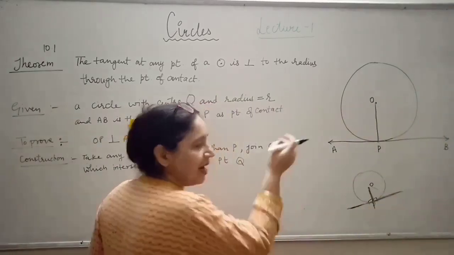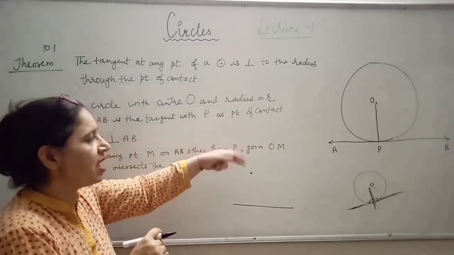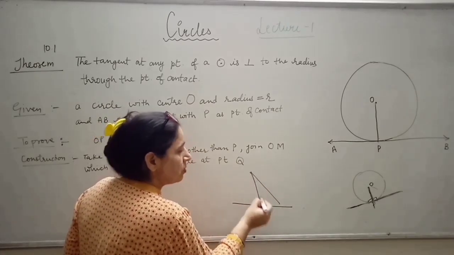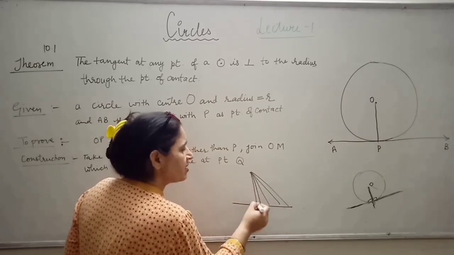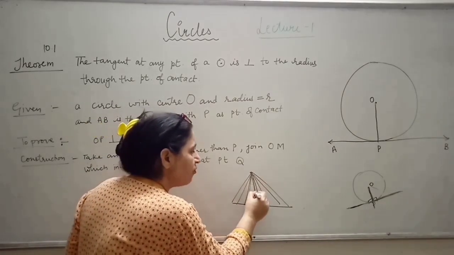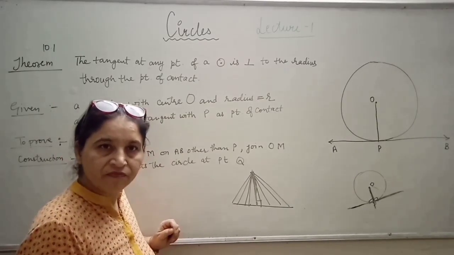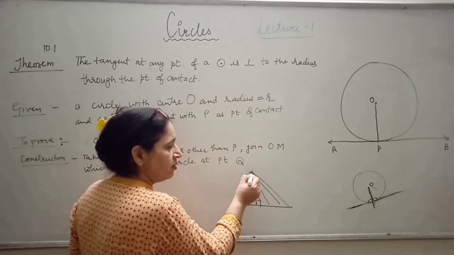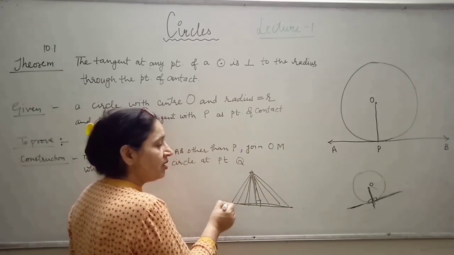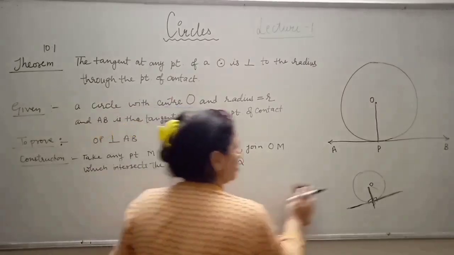Now before starting it, let me tell you, if there is a line and a point above this line, then you can draw infinitely many lines from this point to this line, but the line which is the shortest one, सबसे छोटी होती है, वही इस पर परपेंडिकुलर होती है। फिर दोबारा समझिए कि द लाइन सेगमेंट विच इज ड्रॉन फ्रॉम द पॉइंट टू दिस लाइन will be the perpendicular when it will be the shortest। चलिए, तो इसके लिए हमने एक कंस्ट्रक्शन किया।